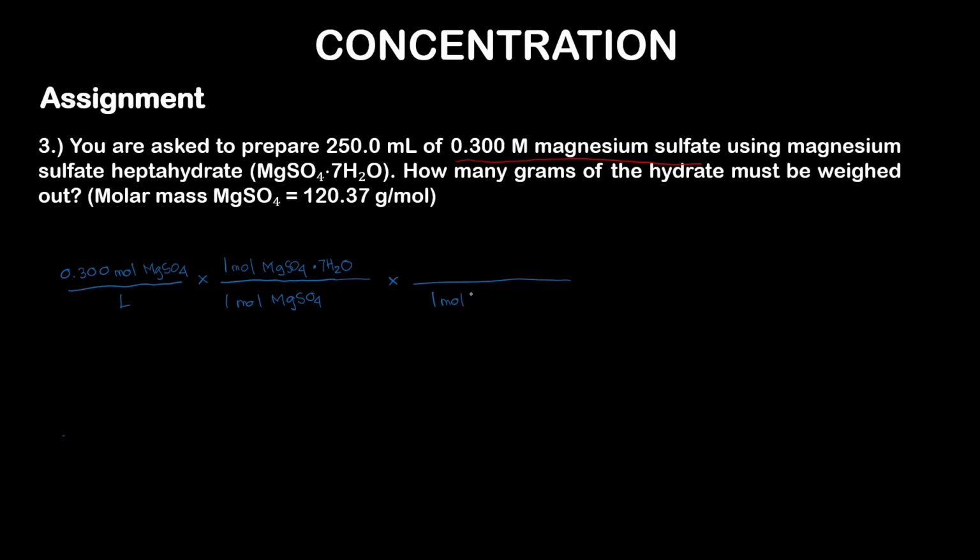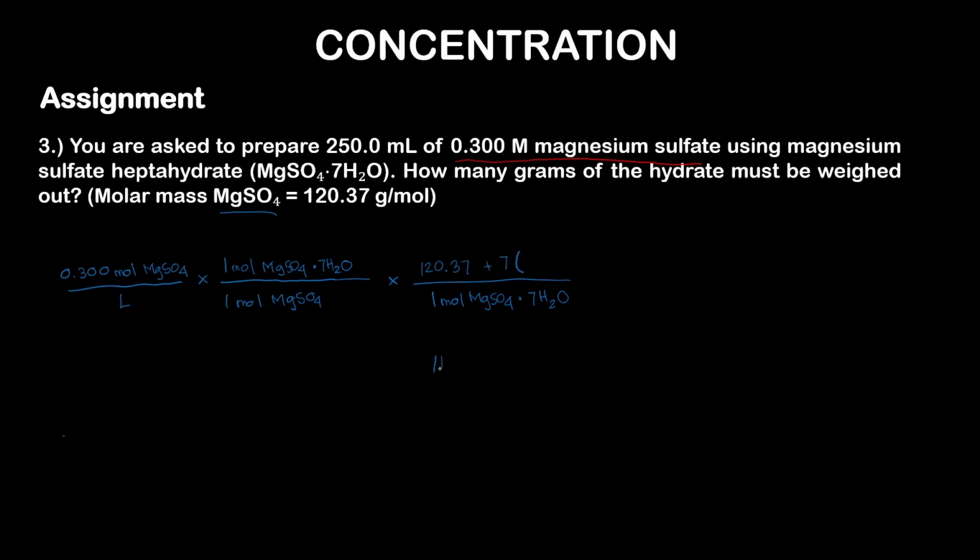Now using the molar mass, we can calculate the mass of the magnesium sulfate heptahydrate. We were given the molar mass of magnesium sulfate, but this is just magnesium sulfate. This has times 7H2O, so it means it has 7H2O more than the 120.37, plus